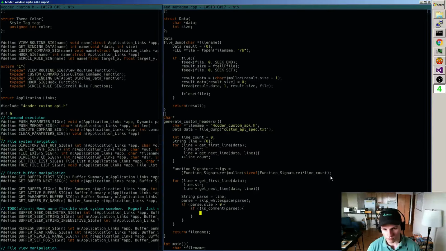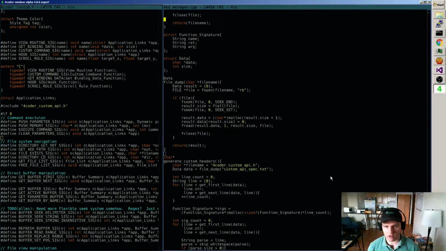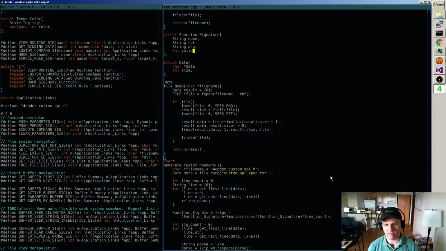And then what I want to do is take one signature, function signature sig equals sigs plus sig count, and what I'll do there is we'll have int sig count equals 0 to begin with, then we'll increase sig count by 1, and then finally what we'll do is, alright, for the signature, what I'd like to add to that signature is like a little valid flag, right?